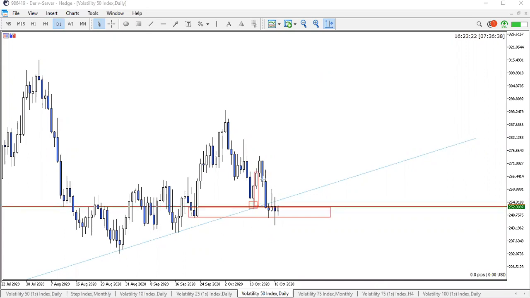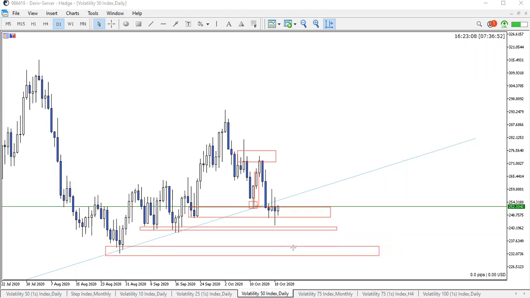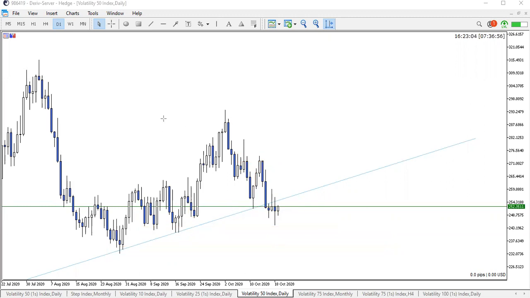right? But not as much as I would have liked to, because we do see that price failed to create a new higher high after hitting the significant level in here. As price failed to create a higher high, we would expect it to at least target these previous lows, or even this previous low over here, right? So overall, currently I am bearish on volatility 50 until we get some significant confirmations to keep going back to the upside, right? Let's just grab this from here to there.